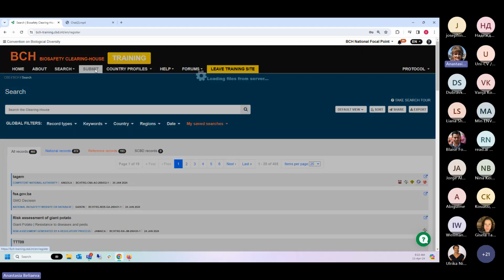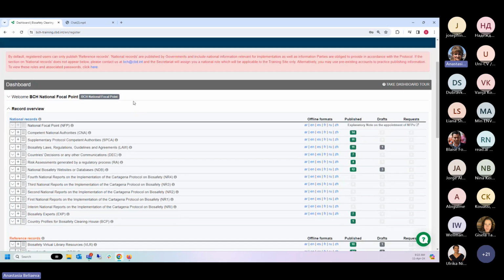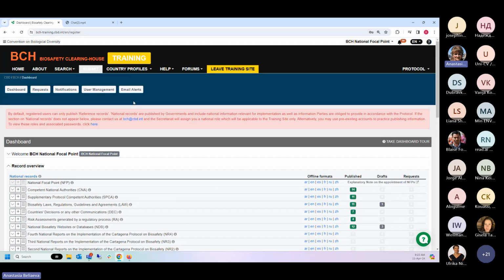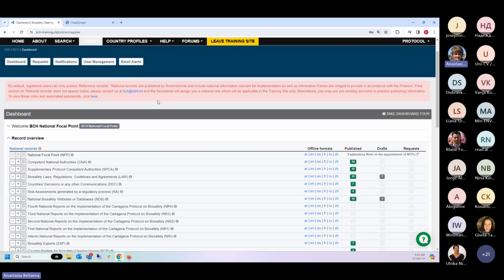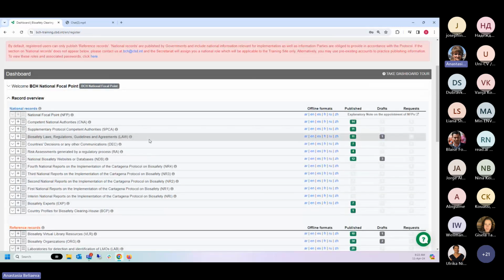Let's go to the submit interface. In the submit, so why would you use this training site? You can use this training site for your own purposes to practice submitting, deleting information in the BCH, or for training purposes. Let's say you are organizing a workshop and you want to train your colleagues, or you want to train a specific colleague.